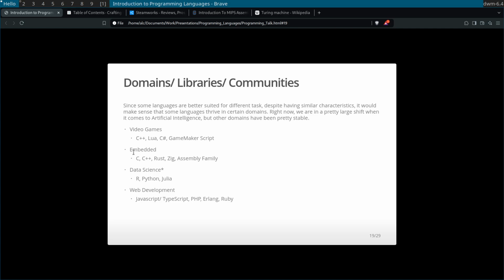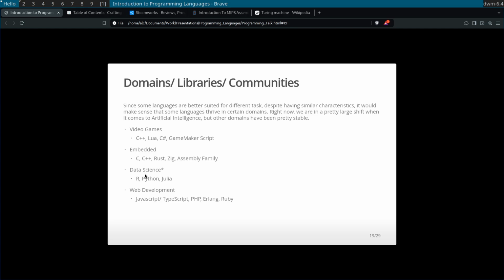In the embedded world, embedded is like Arduinos, or I think about it as any computer that doesn't look like a computer, so like a laptop or a desktop. That could be a pacemaker. That could be your car's computer that's running all the stuff inside, like the governor for the gas pedal and stuff like that. This could also have been called systems programming. They kind of go hand in hand, but that's these languages right here.